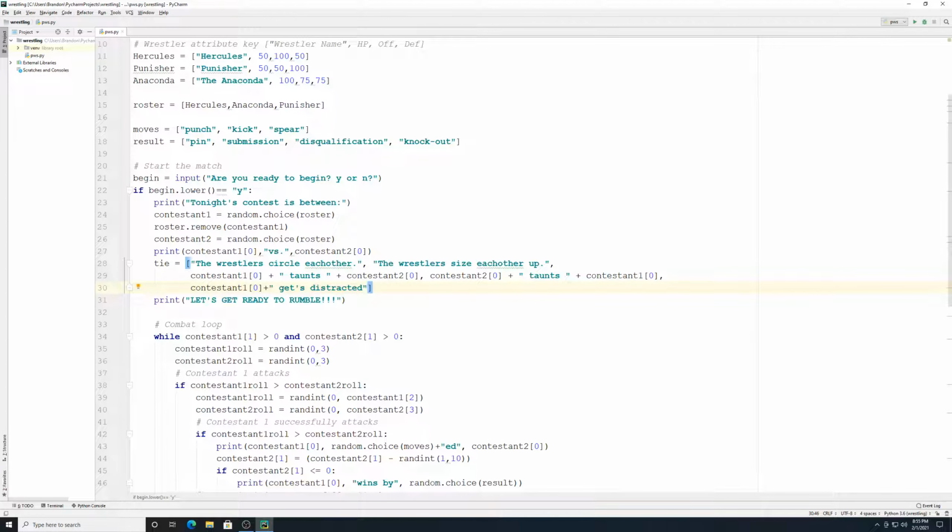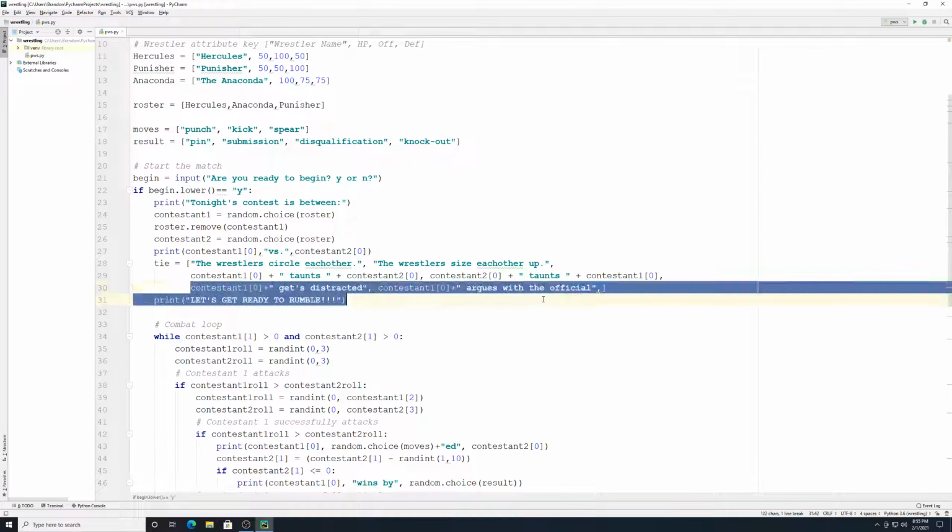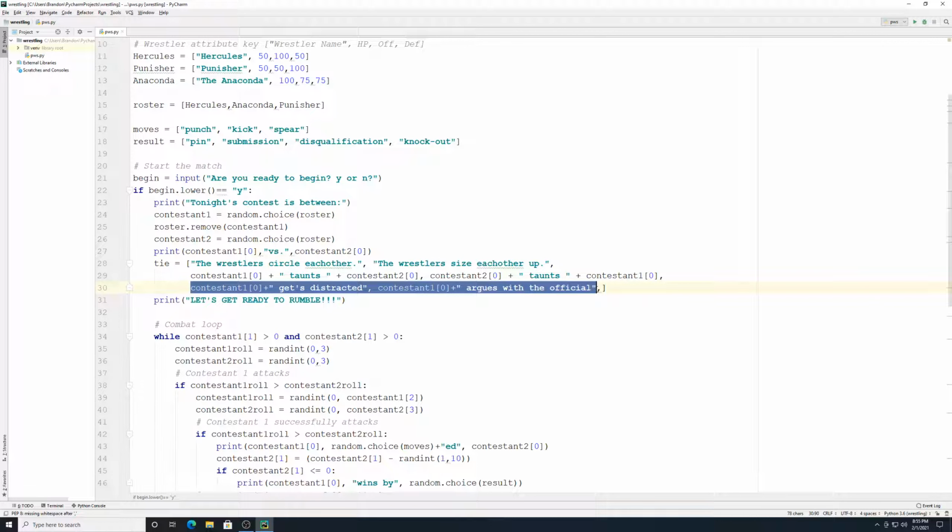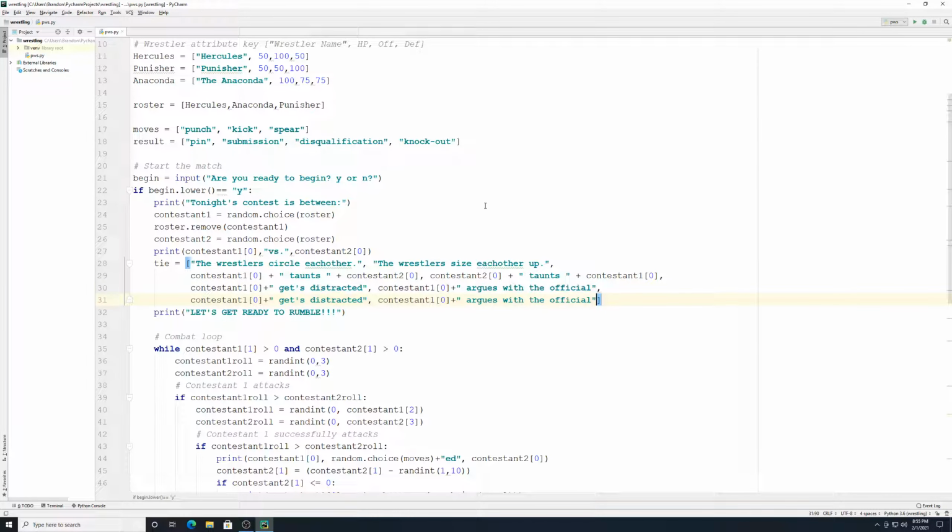and then maybe a contestant 1 0 argues with the official, and then I can copy those two parts and paste this here, and then what I'm going to do is put in contestant 2 0 does that, and then contestant 2 0 again. So that